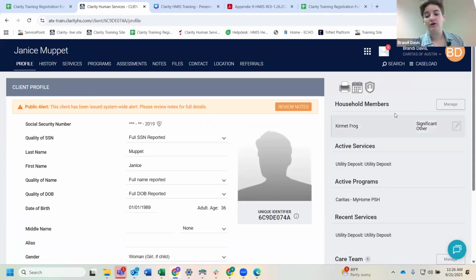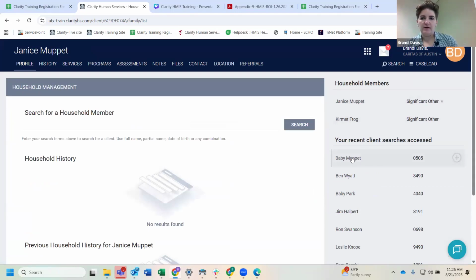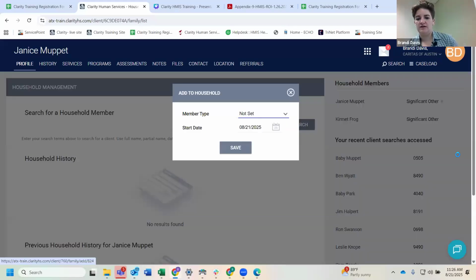So next we want to first add the child to our head of household's household. So I'm in my head of household's profile. Now I'm going to click manage next to the household. We see the baby that we just added under recent client searches, and we'll click the plus sign there.